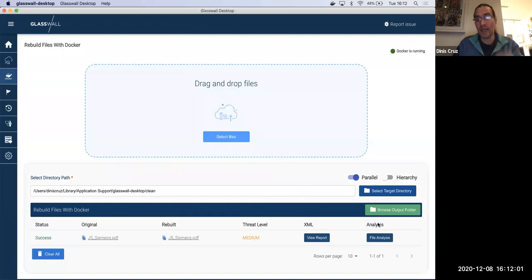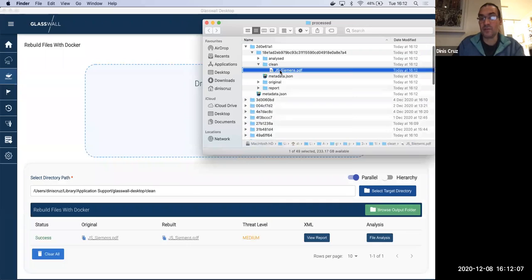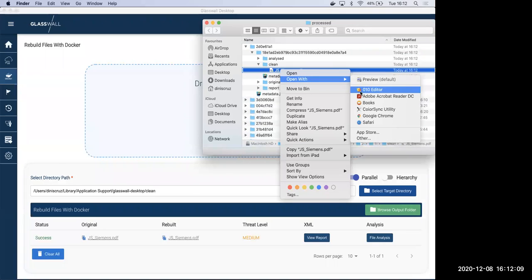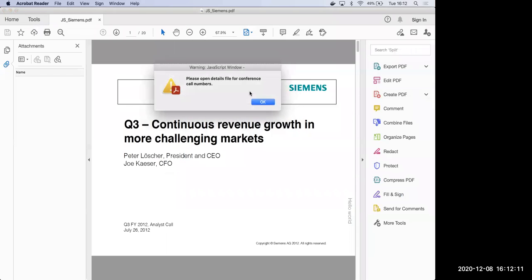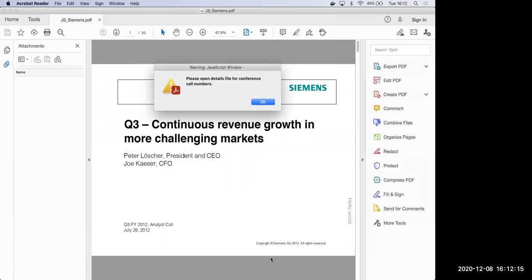So if I go there and double check it, you also have the watermark. See, what you have here,